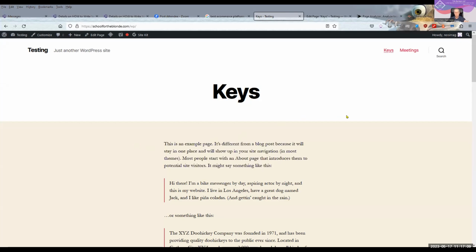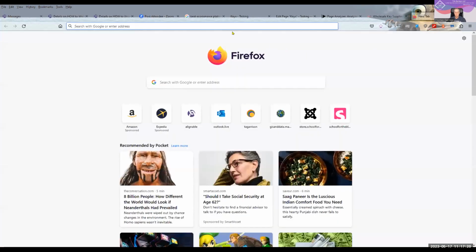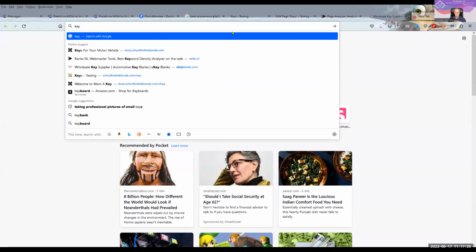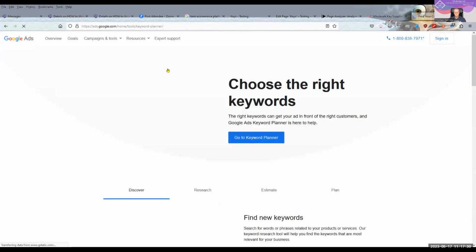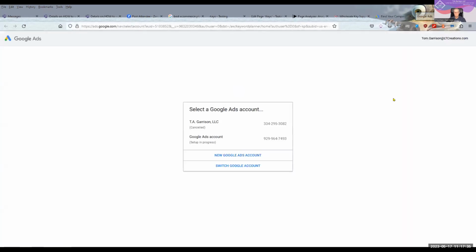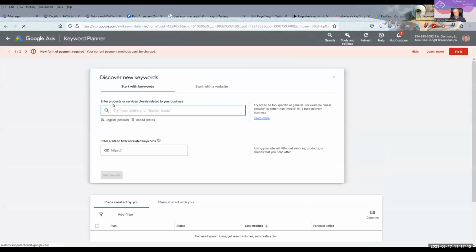You have to decide, what's that page going to be about? What's that one subject? Write it down. Don't just start doing the stuff on the page. So the first place that you're going to go, and you can go to a lot of different places, but I'm going to go to the keyword planner in Google. And you should be able to have this in your tools. And so we've decided keys are what we're going to write about on this one page.